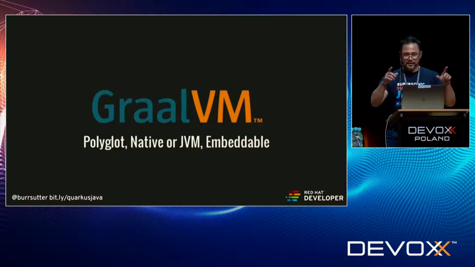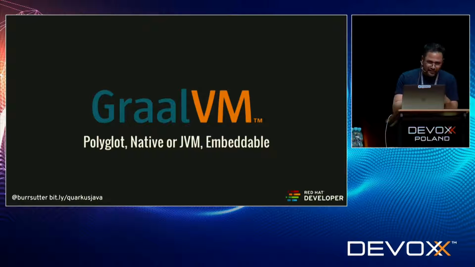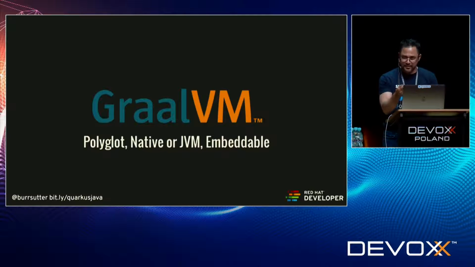Hopefully you've heard about GraalVM today. You're going to hear more about it; Oleg, I think, does his presentation on Wednesday. But in the case of GraalVM, you have this concept of being able to compile a Java-based application using this feature called native image, part of the substrate, that'll let you build a native executable binary for either Mac or Linux. Windows is coming, but either Mac or Linux, okay?